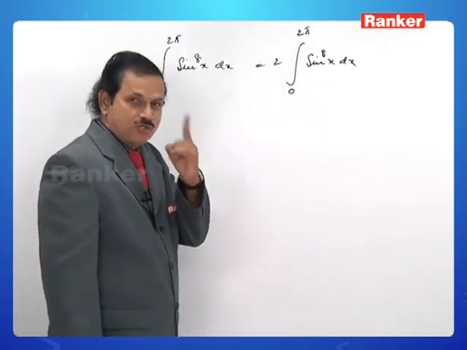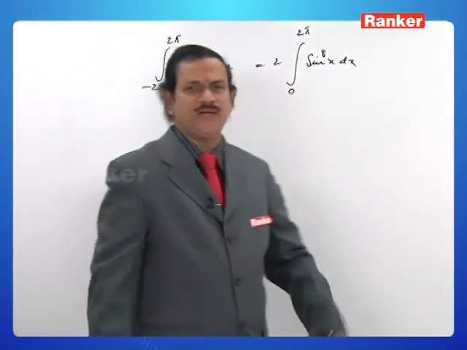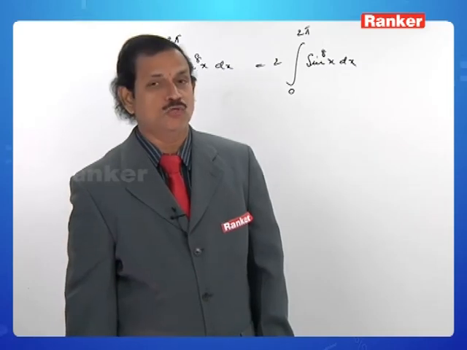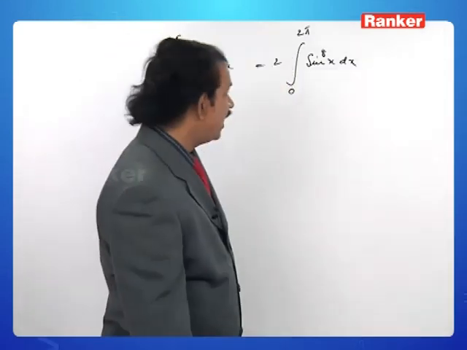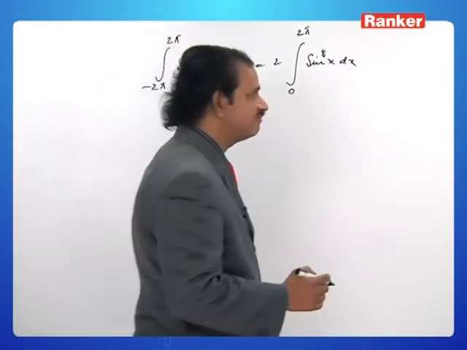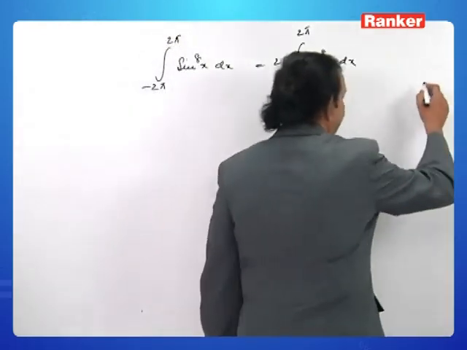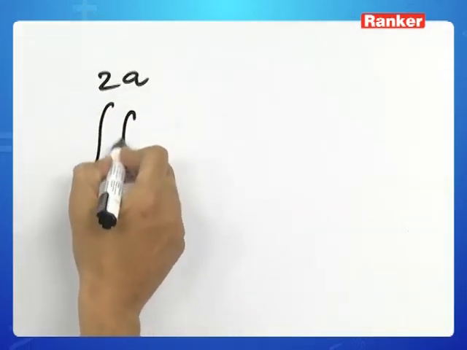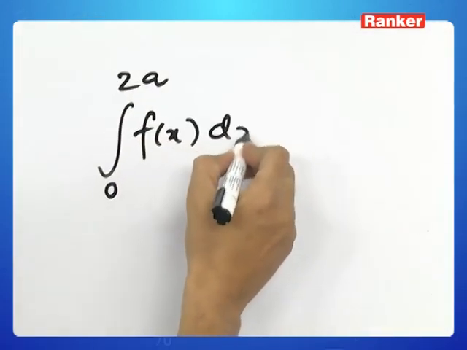If you want to use Wallis formula, it must be 0 to pi by 2. It's not the case. It is from 0 to 2 pi. Well, now at this juncture, we recall another standard formula. I'd like to quote it on the board. Integral 0 to 2a f of x dx is equal to